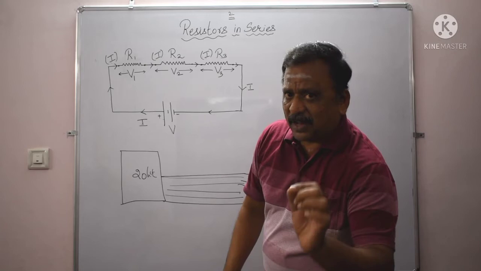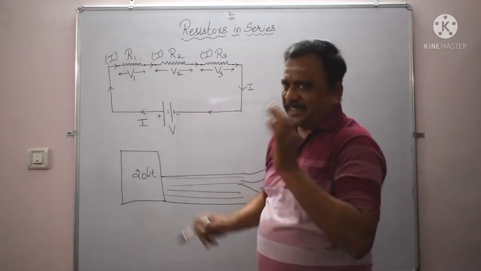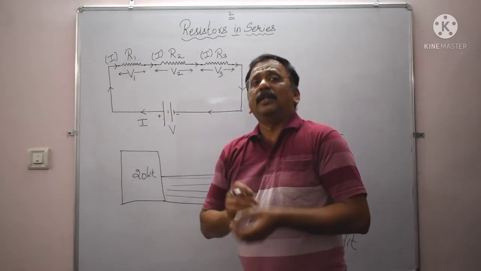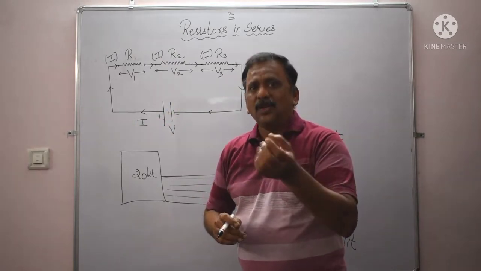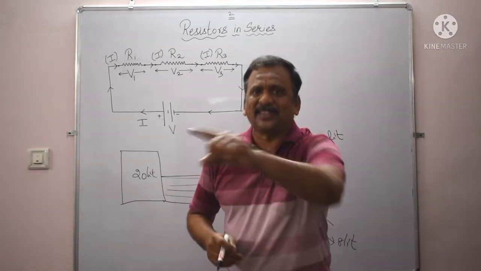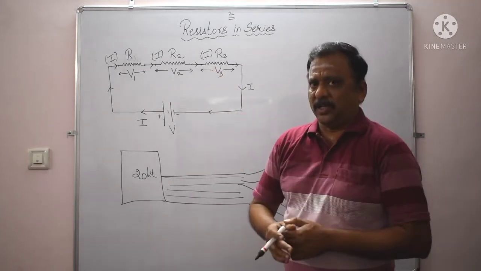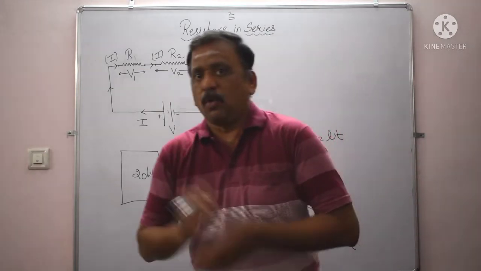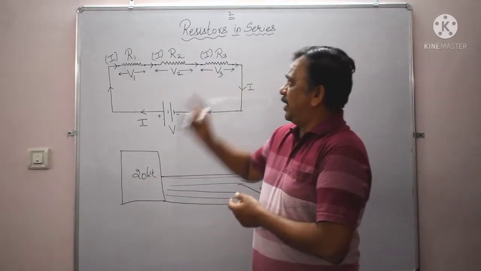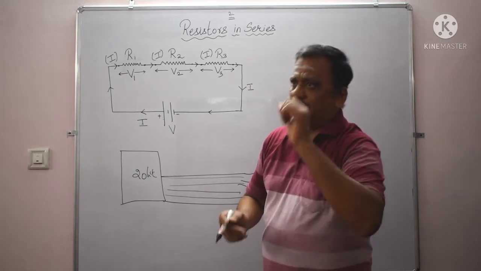So in series connection, the current flowing through all the components will be the same and will be equal to the current supplied by the source, but the voltages across all the components will be different if their resistances are different. Suppose all three components have the same resistance, then not only will the current be the same, the voltages will also be the same. So don't forget this concept. Okay, right. So in series connection, currents are the same, but the voltages are different.